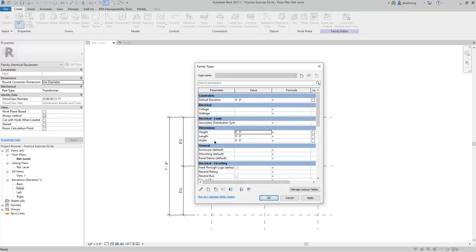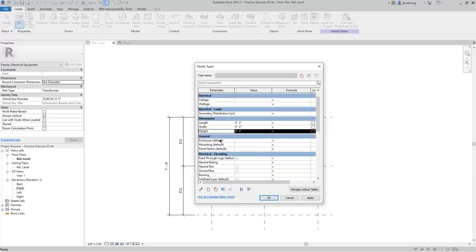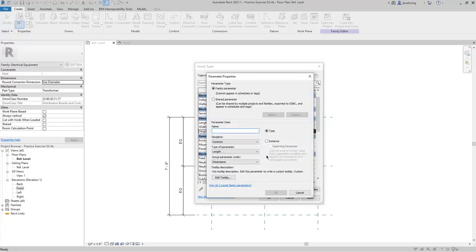And after you add the parameters, you can select one and then use the Move Parameter Down and Move Parameter Up if you want to adjust the location. So I like to keep them in a nice order that makes sense to me. So in this case, length, width, height. Next, for our primary voltage,